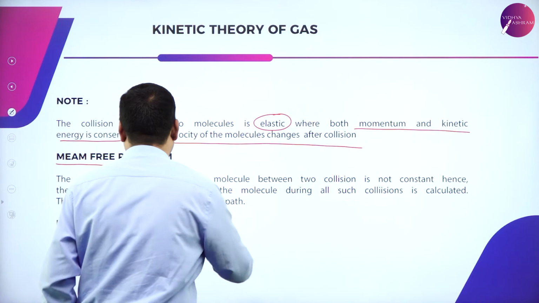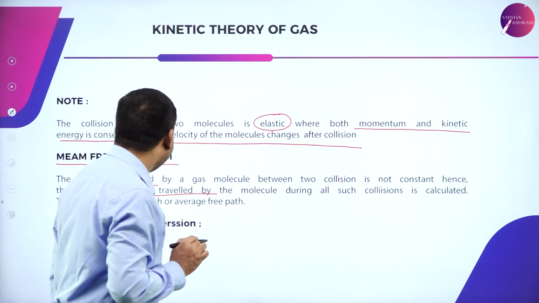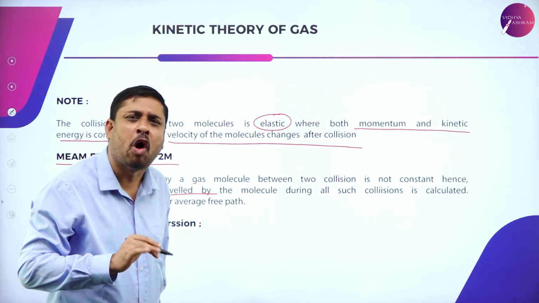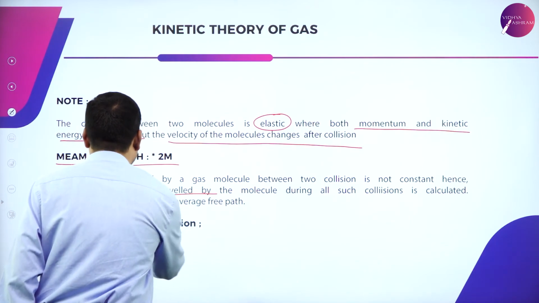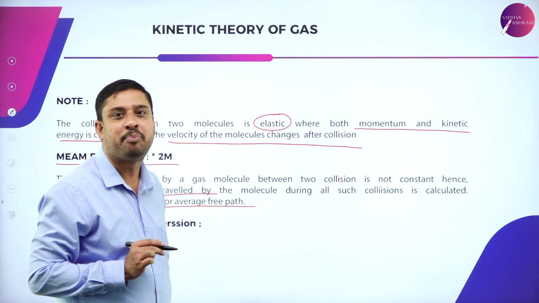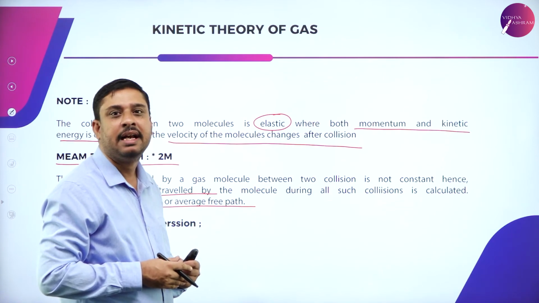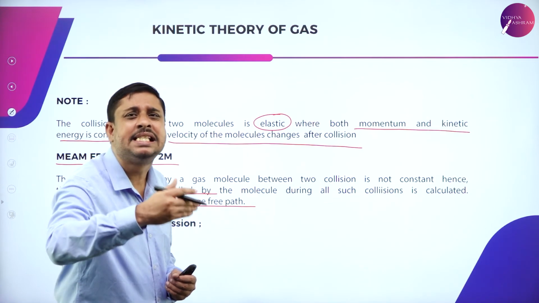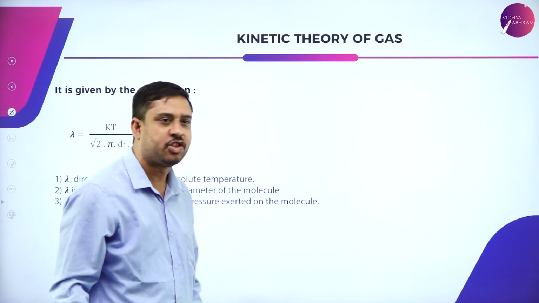I will consider the average distance, the mean distance traveled by the molecule during all such collisions. This average distance is called the mean free path. It is the average distance traveled by a gas molecule during n successive collisions, and it is given by the expression